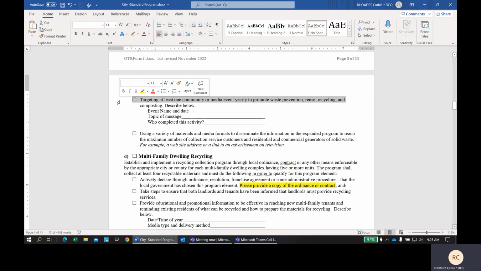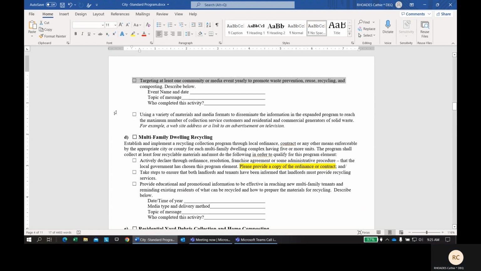So moving on, you are also required to target at least one community or media event. This could be any type of event as long as the educational materials or messages are provided at the event. Some examples of an event could be a city festival, a city cleanup day, a household hazardous waste collection event, or even a repair fair. Here's where you would indicate what type of event it was, what was the topic of the message, and who